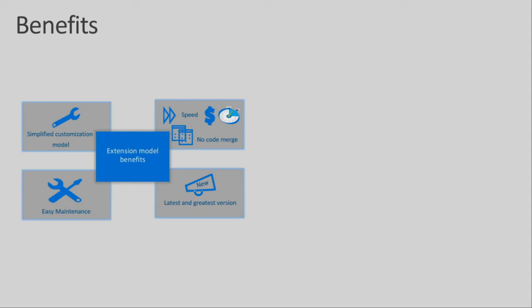Previously there was no unified pattern for how you extend the retail. There are different components in retail, right? For example, the commerce runtime, there is a point of sale, there is a hardware station. So there was not a unified pattern on how you can extend. So with the new model, what we did was we changed everything to a request response pattern. So now we have a simplified customization model across all our retail stack. So everything now will follow a request response pattern. So either you can override our request, or you can do pre and post triggers. Even now you can do that in the modern point of sale. Okay, so we made it a simplified customization model.